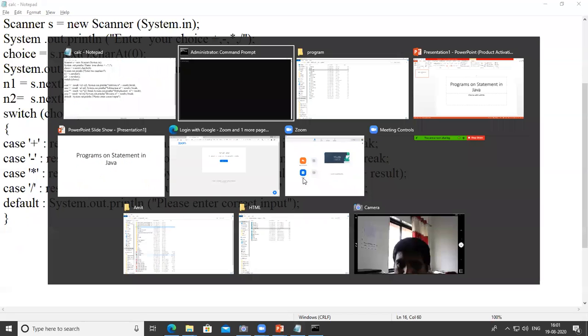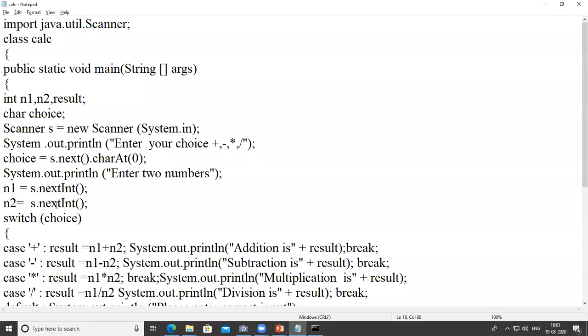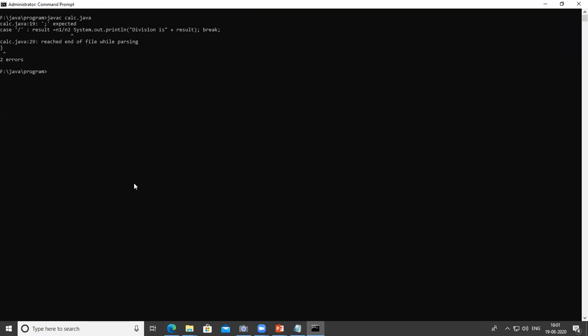Let's see the output. Program name is cal, so I write here javac cal.java. Here we got two errors. So in case system, here we have to give a semicolon. Okay, again we compile the program. End of file.